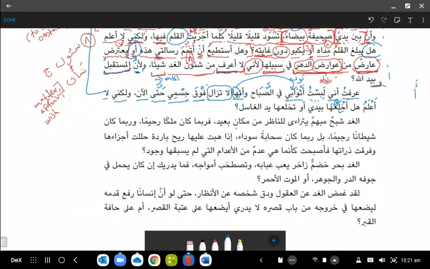There is probably a form 4 which is like أخلع, which means he took off. Right? It might have the same meaning, I'm not sure. But here it's a fi'l mudari. We can't say it's a past tense. It won't make sense otherwise. ولكني لا أعلم هل أخلعها بيدي. This is a حرف جر. With my hands, بيدي. أو, or, and this تخلعها.